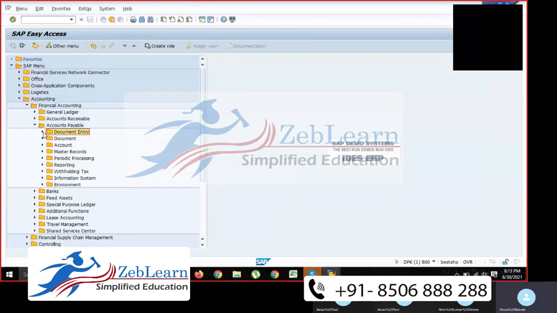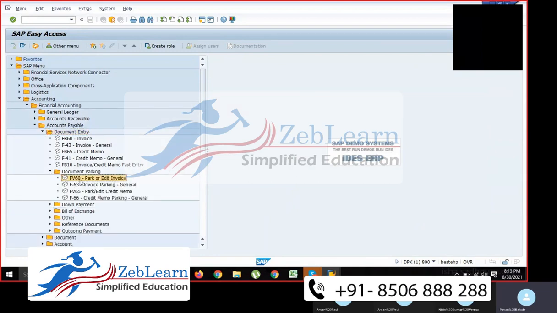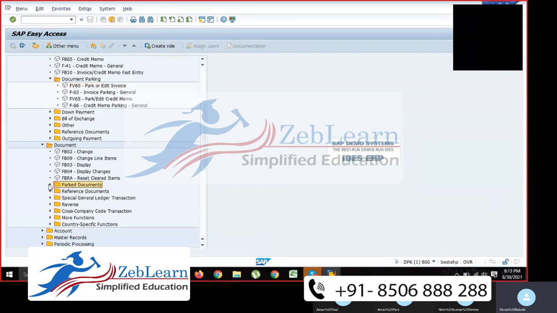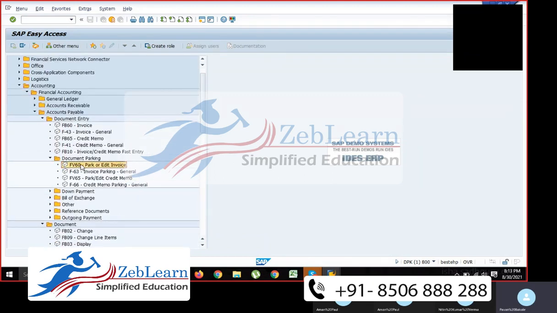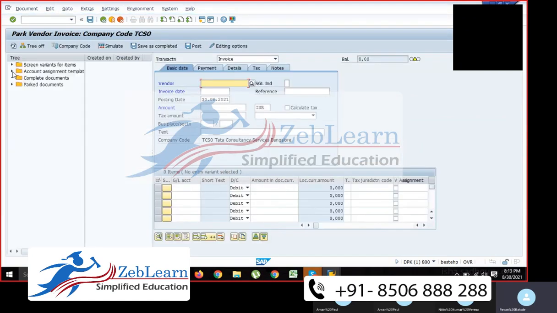So we need to repost the entry. For that we use the parking of document, FV60. Otherwise you can go for document and post a document, FBV0 also you can go. Two ways are there. You can double click on this, you can find and do it. Otherwise directly you can go for FV60 here. You can check here, it will be displayed here. Double click on this, same to same.